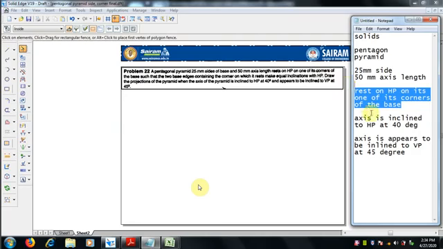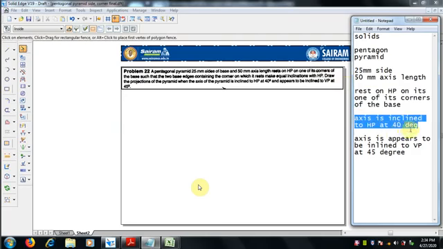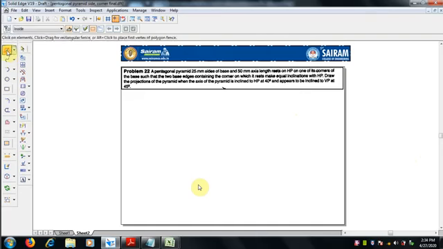The axis is inclined to HP at 40 degrees and the axis appears to be inclined. So this is very important now. When it is given directly that it appears to be inclined to VP, we can take directly the angle for VP. Let me solve. How to solve?